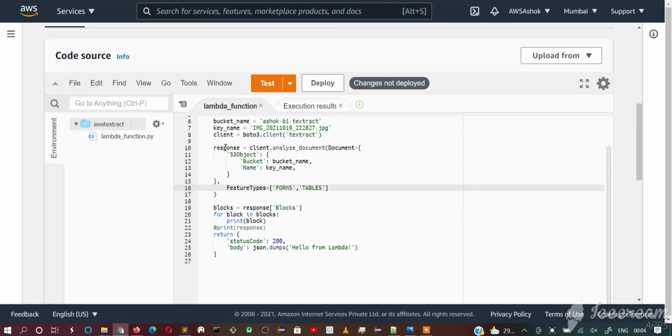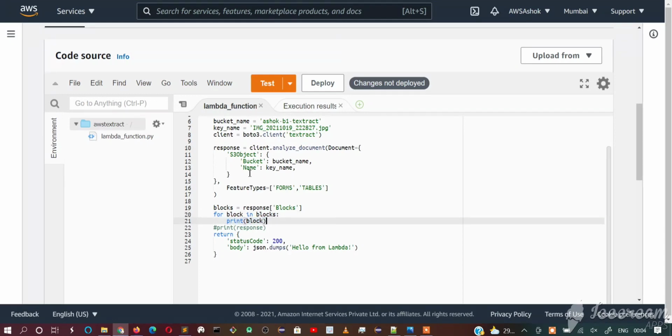After that we get the whole JSON response with the list of blocks. We can extract all the blocks using response blocks, and I am just printing each block: for block in blocks, print the whole block.